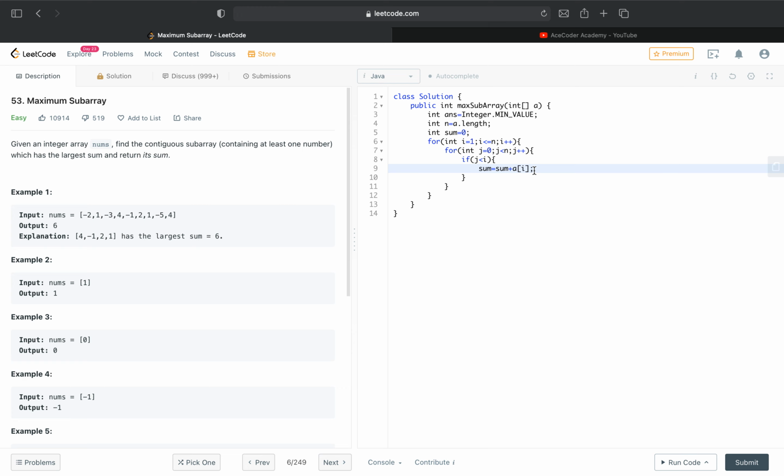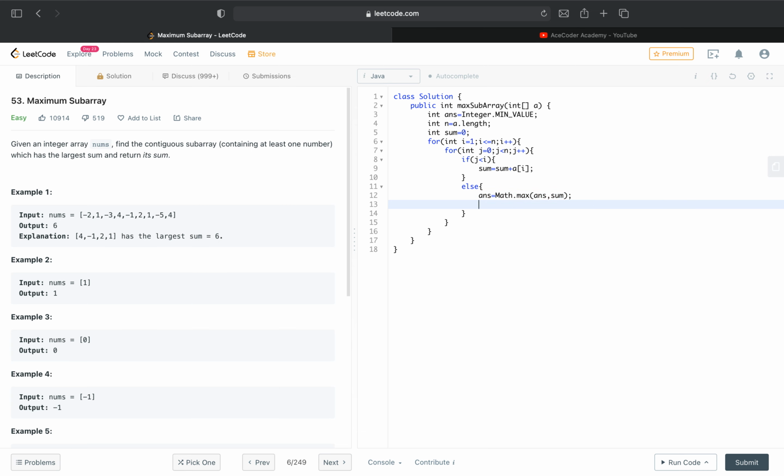So in the else case, we have to store our answer also. Answer is equal to the maximum of the answer variable and sum.